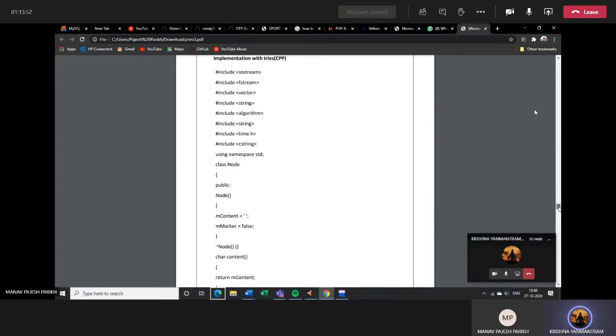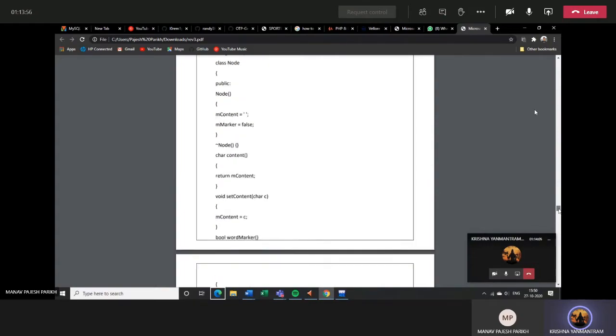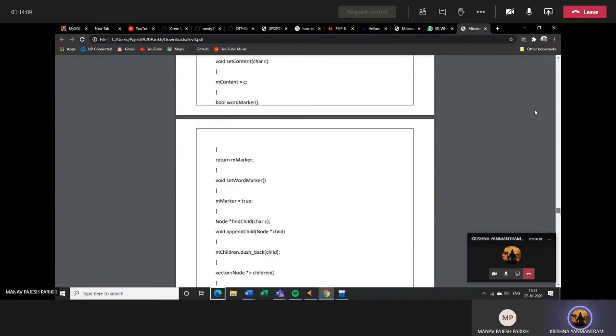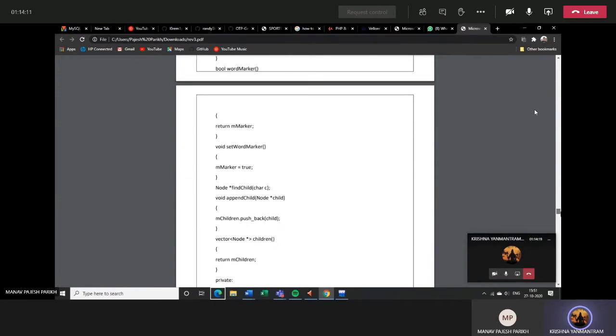So as we go down, we can see the node over here. What does a node have? It has children and it has the data which we need to store. So we can see content and then we can see the node. Now we can go down again. As we know, the word marker is set to true or false, which just lets us know if there's anything below it or not. If there's something below, it returns the words which are below it, or if it's not there, it doesn't return.